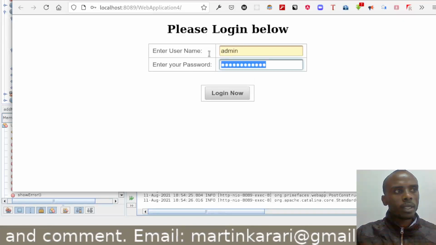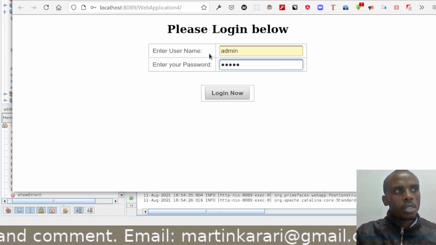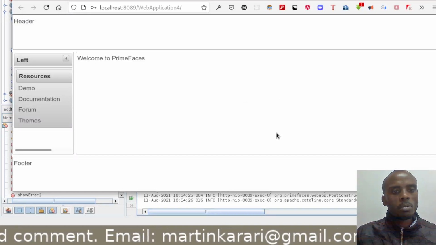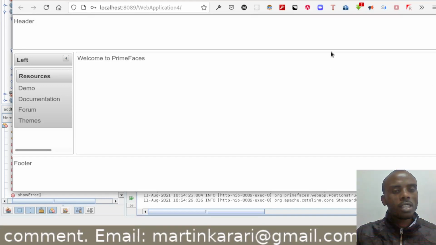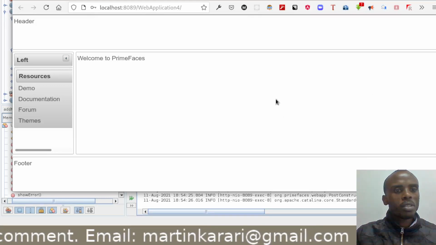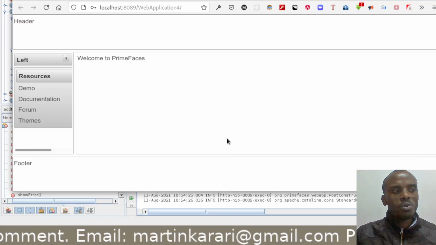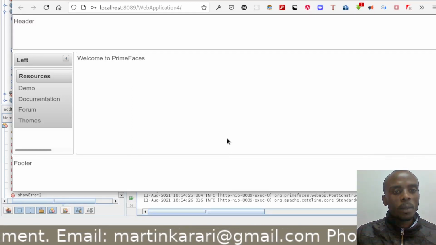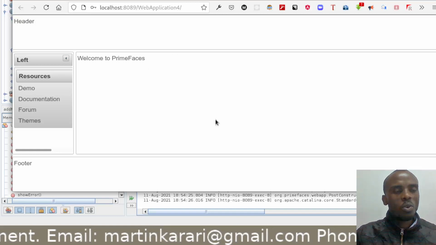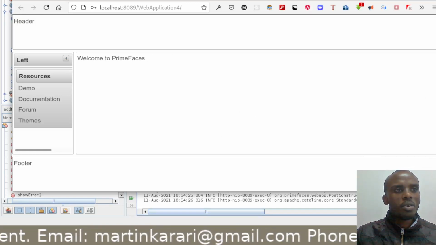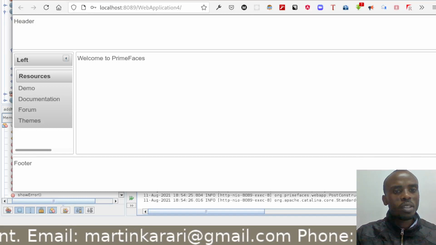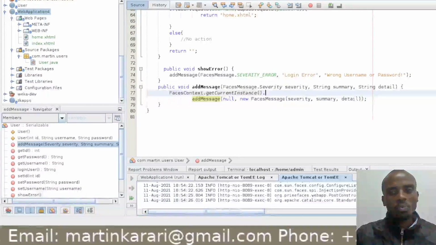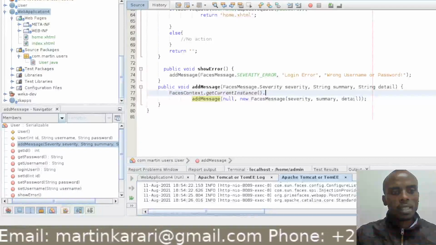You can see that the users are being notified. If you put the right password, you will not see that growl message, but you have not yet implemented it correctly, because here it is still showing, but because this page has already loaded a new view, you will not see it because it's being loaded on the login view, and this is the home view. But the way you have implemented it is being shown on both of them, so you need to fix that in a later video.